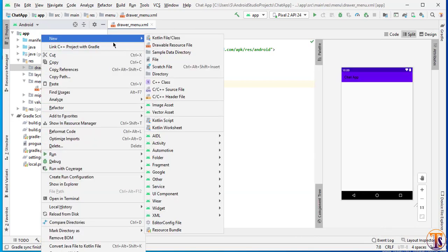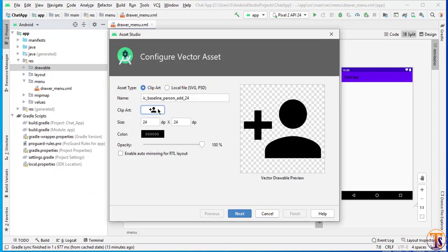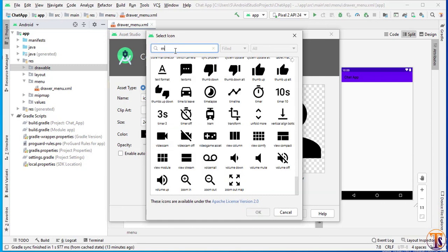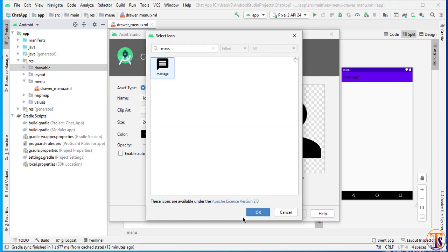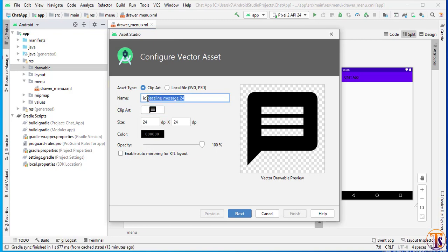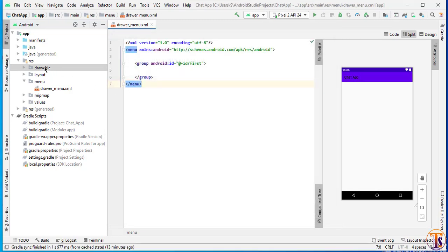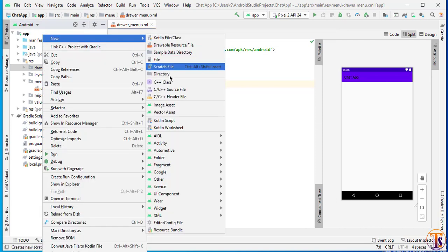Again right click new and select vector asset, and this time I select message. This is for chat, and the last one is security, I mean logout.